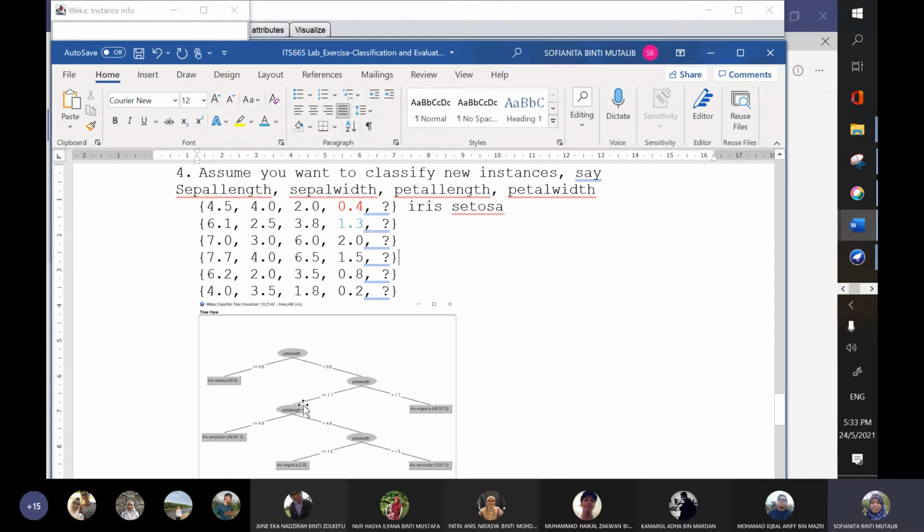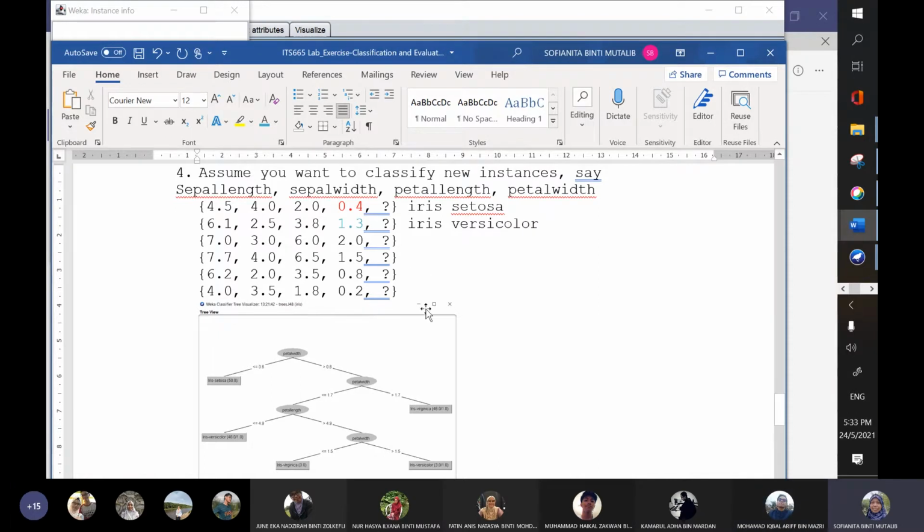And then you have to check the petal length, and the petal length would also be in the left branch. So you can say that this is matched to the right branch, and we can classify it as iris versicolor. Salah hijau. Okay, versicolor.